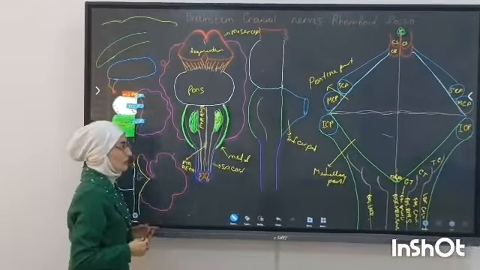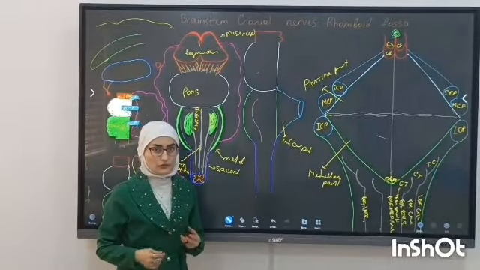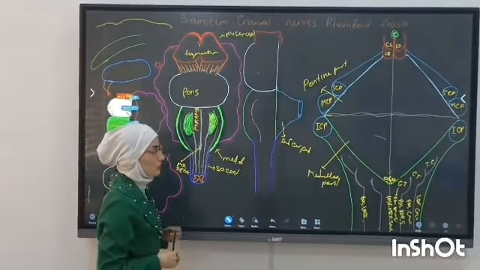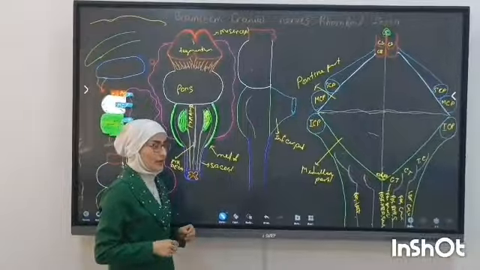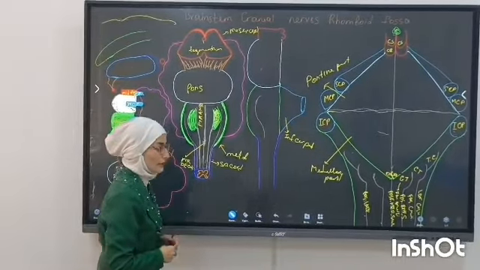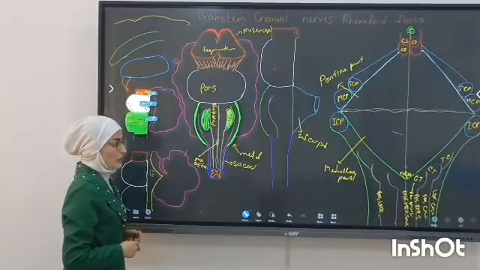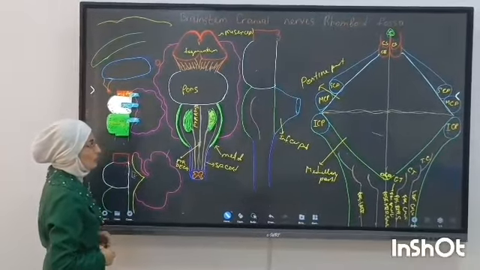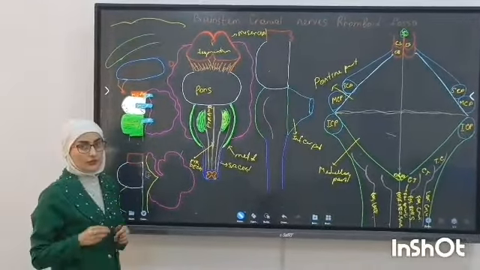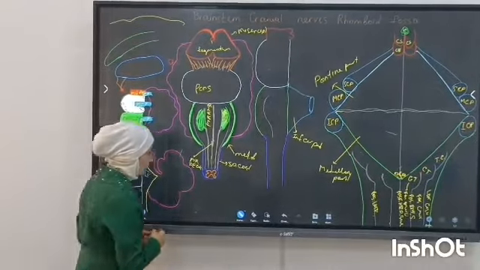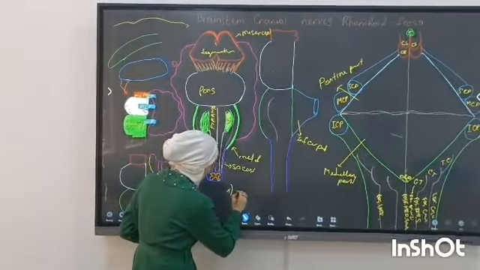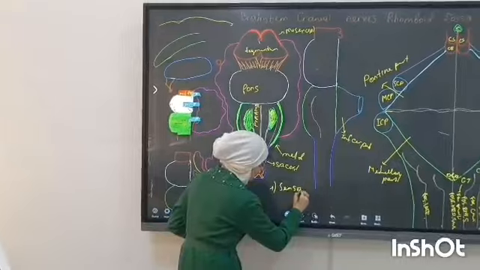The optic nerve and olfactory nerve do not come from the brainstem. They arise from the forebrain. As for classification, the cranial nerves are distinguished into three types. First, sensory